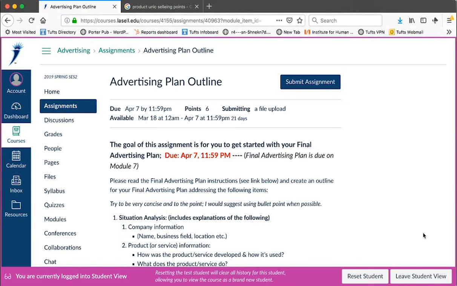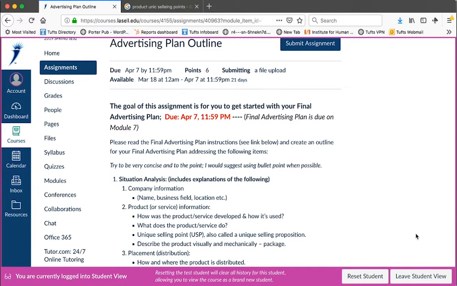So the goal for the assignment is to create an outline for your final advertising plan that is due at the end of week 7. So your final advertising plan is due on week 7. But the assignment for this week would be the outline, and it's due next Sunday, April 7 at 11:59 p.m. The first thing you have to do is you need to select the product or service for your